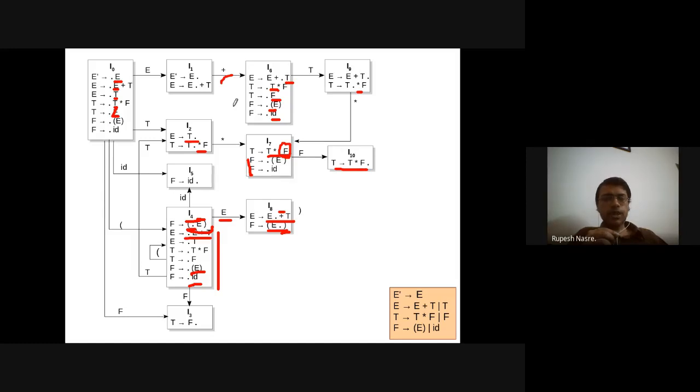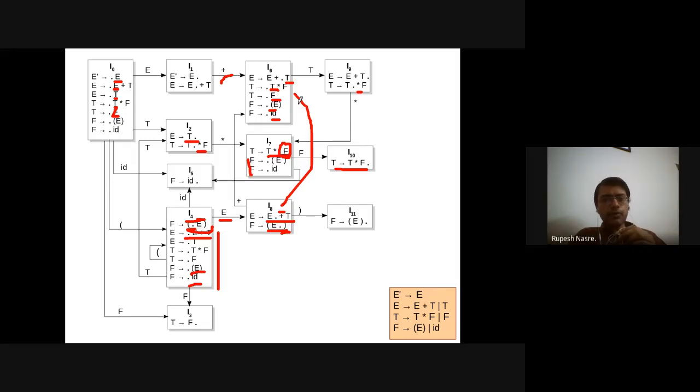Okay, so let's move ahead, and I'm going to just finish all of this. On closing parenthesis, the transition is possible, as well as on plus from I8. On closing parenthesis it is going to go to parenthesized E closing parenthesis dot, and that is not going to add anything more. So that's a new state. On plus, this is going to go to E plus dot T. Do we have that already? Yeah, it should be here. So it should go to this I6 state from here. So that is going to be shown here.